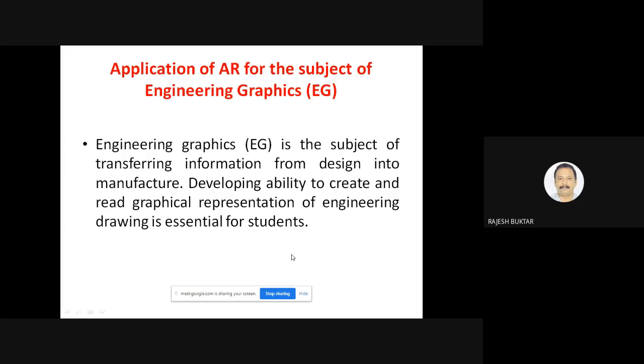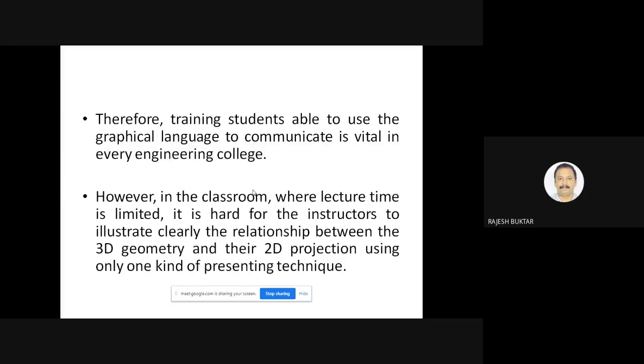Now coming to the application of AR in the subject of engineering graphics. Why have we chosen this? Because at the center of engineering graphics there is again a model. So the model is common in AR and also in the subject of engineering graphics. Therefore, this commonality can be established, and engineering graphics was the subject which was zeroed in on, where students have a lot of visualization problems, and the visualization problems can be addressed by making use of 3D models.